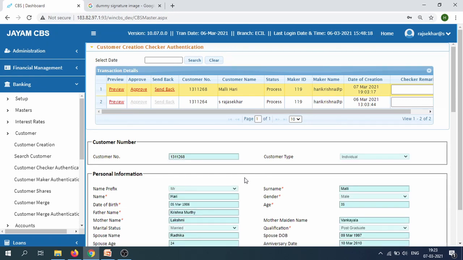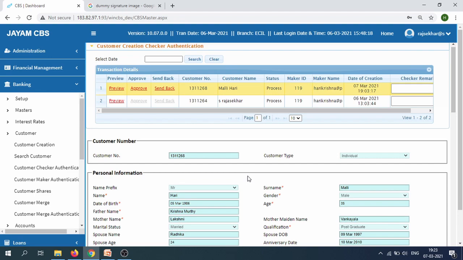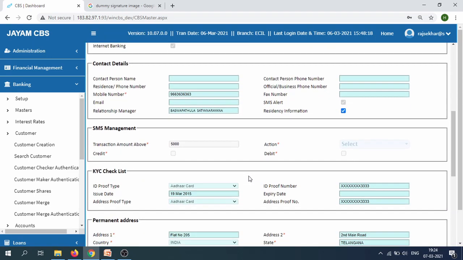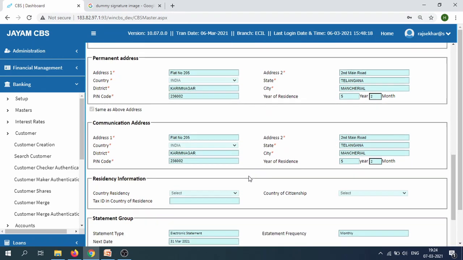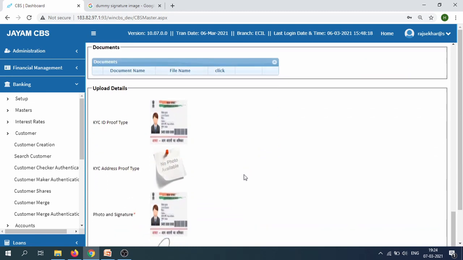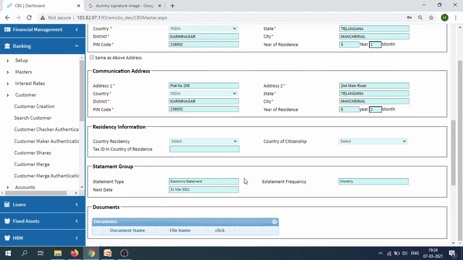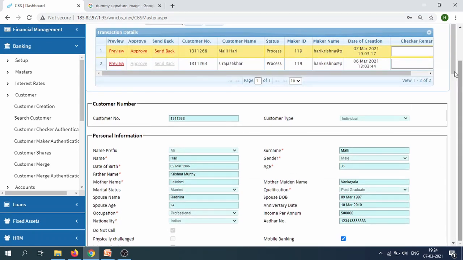Now you can see the customer record created by the maker. You can verify the entire details, whatever documents, photo, and signature I uploaded. Then the checker can approve this transaction.